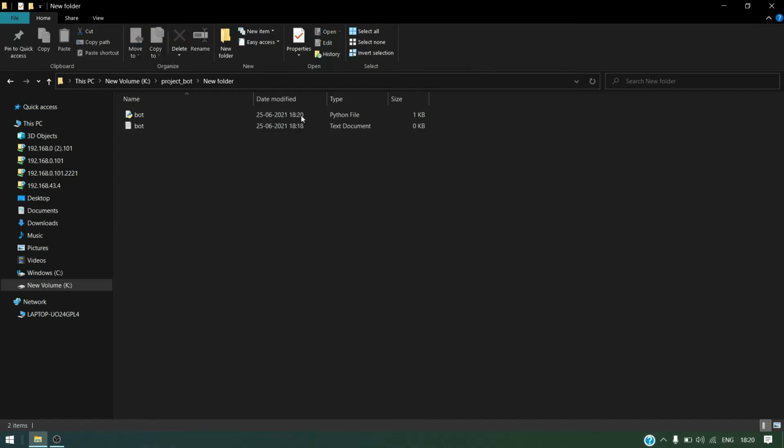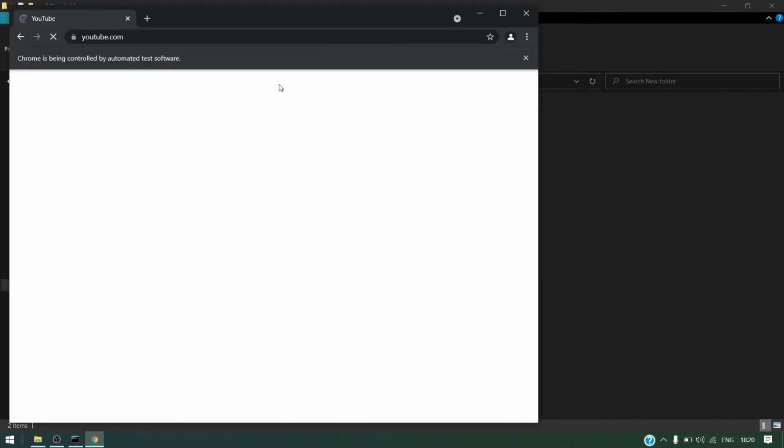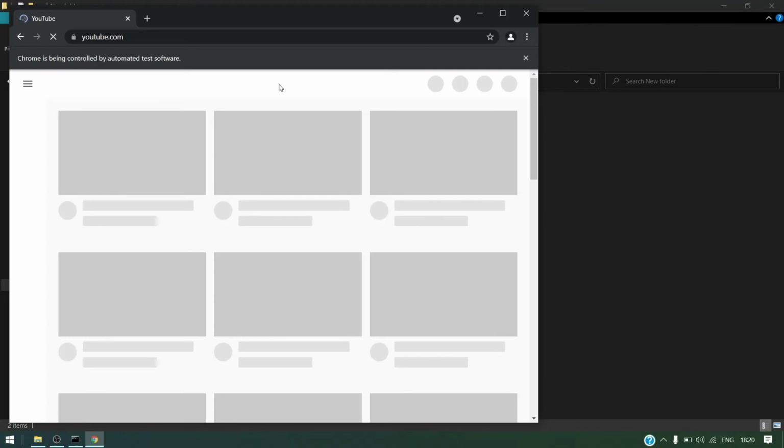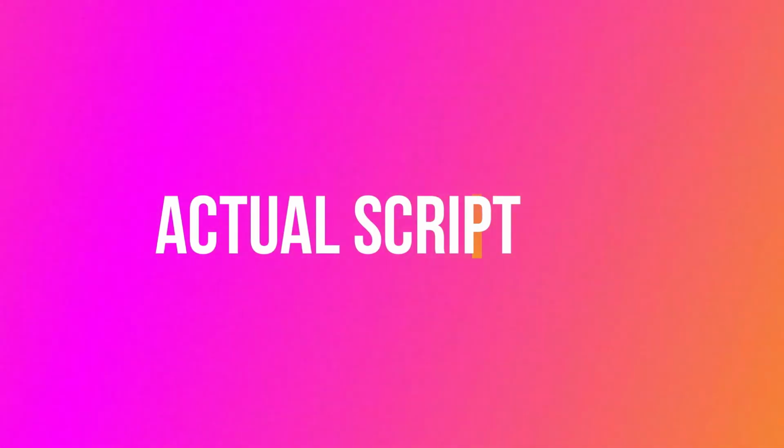As you can see, one Python file is created. Now we will run it in the CMD. First we will use python. As you can see, it opened Chrome and it searched youtube.com.